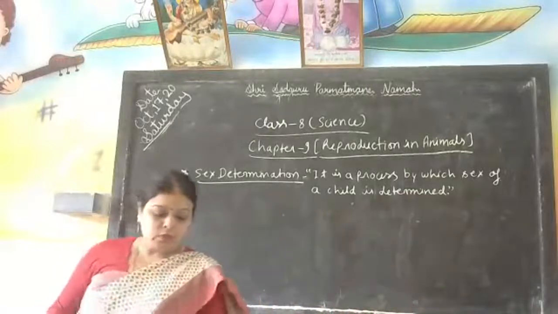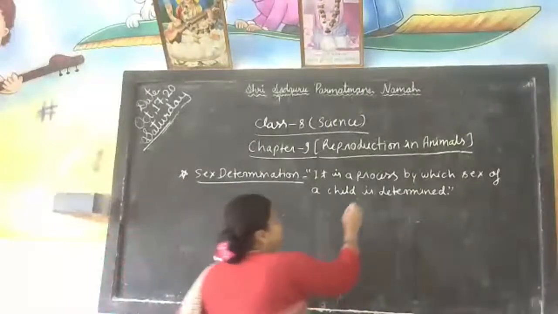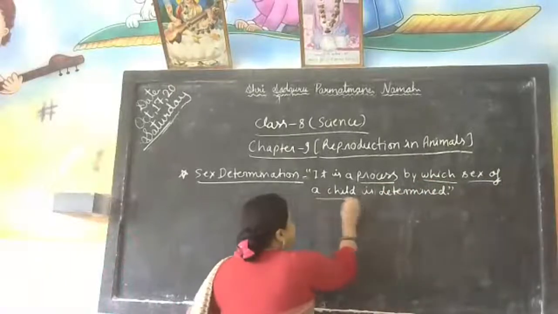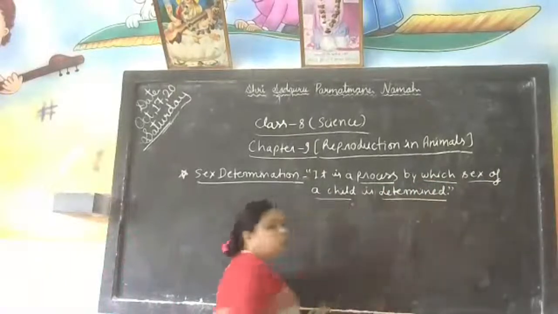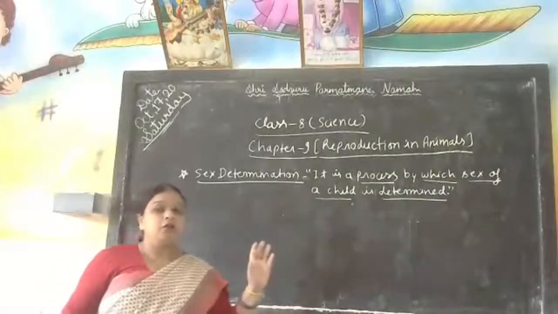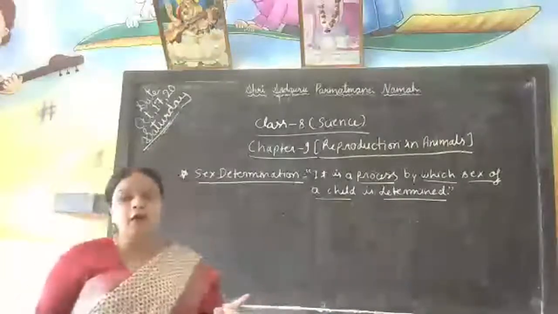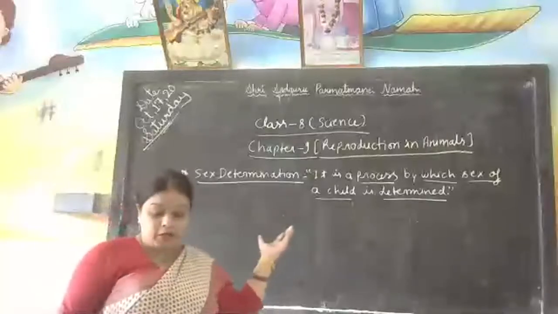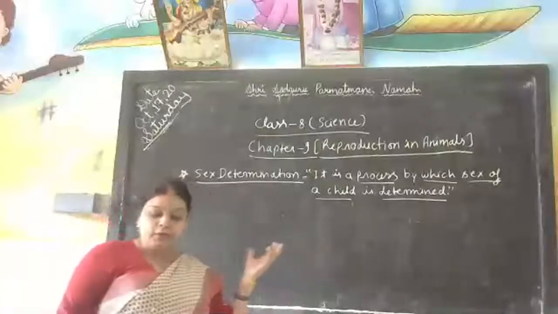It is a process by which the sex of a child is determined. Okay, means the baby will be boy or girl. This is determined by this method. As for example,